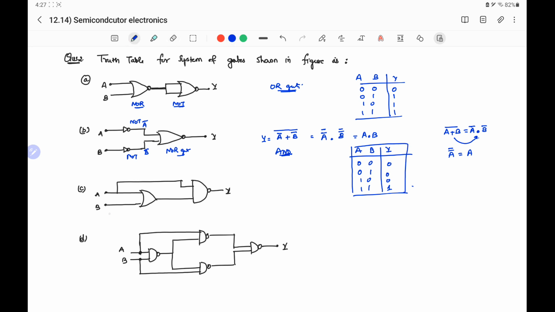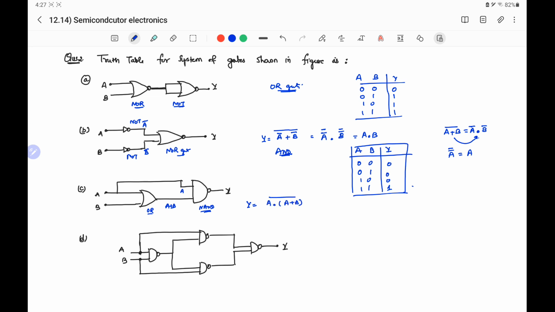Part C: the two inputs A and B are applied to an OR gate, so its output will be A or B. This A or B output and another input A are applied to a NAND gate. So the output of the NAND gate will be the AND of the two inputs, that is A and (A or